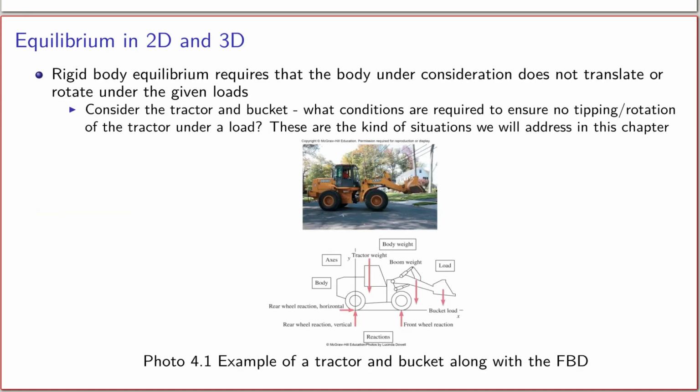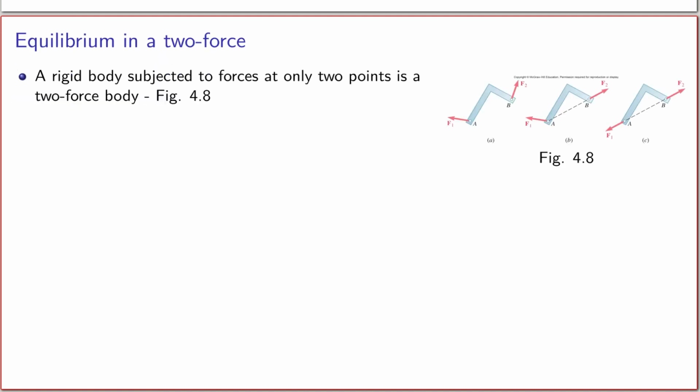So remember that so far, in order for a rigid body to be in equilibrium, you must make sure that the body is not translating or rotating under the given loads, right? And so when you set up your equations, the idea is that the net force is going to be zero and the net moment about any given point should also be zero. So let's look at this situation here